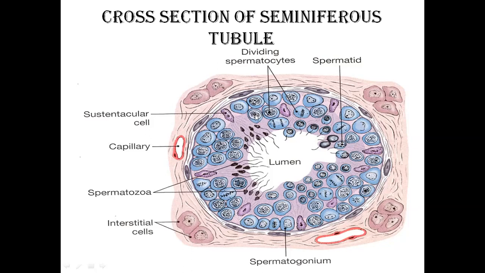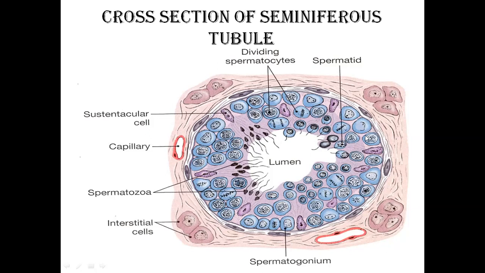These are the various stages of dividing spermatocytes, primary and secondary spermatocytes, and ultimately they will form the spermatid. And when they are released into the lumen, they are fully matured, and these are known as the spermatozoa. So there are different stages of developing spermatozoa from spermatogonia, the primitive germ cells, and they mainly constitute the seminiferous tubules. And in between the sperm cells, these pyramidal cells which are present are nothing but the Sertoli cells, the